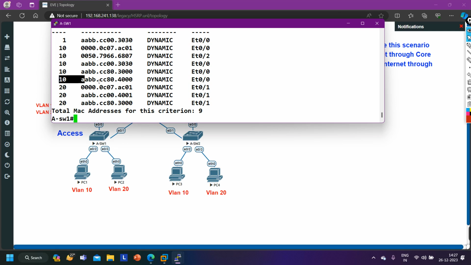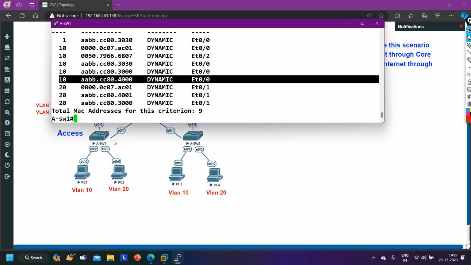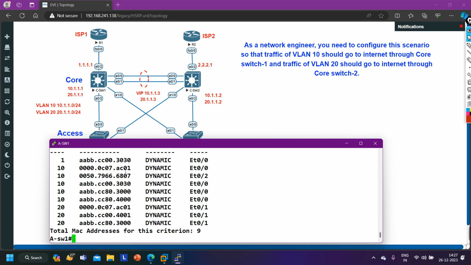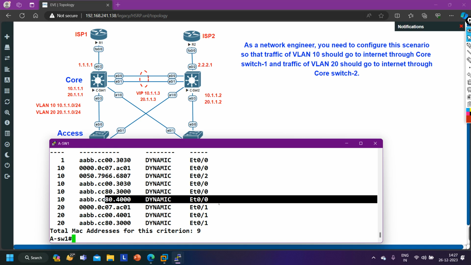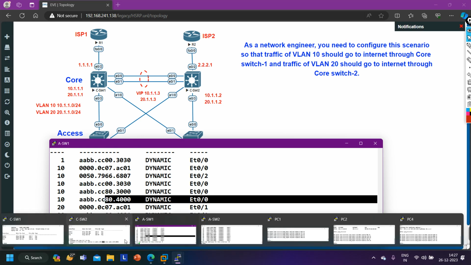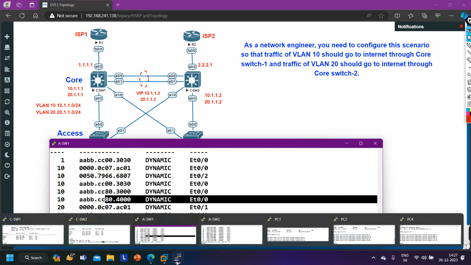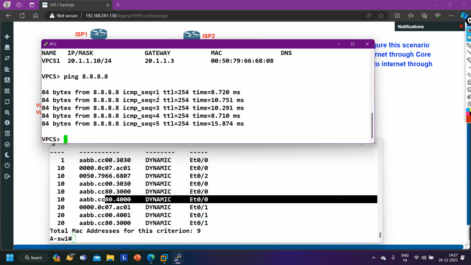Now this MAC address is learned on 0/0 interface. Soon the switch is going to learn this MAC address on 0/1 interface now. Still this MAC address is on 0/0 interface of access layer switch 1. I think I have ping from PC1. From PC2